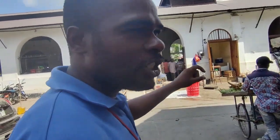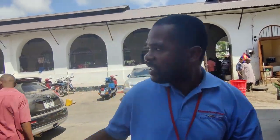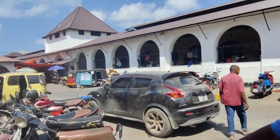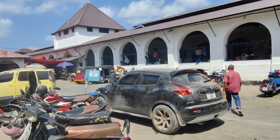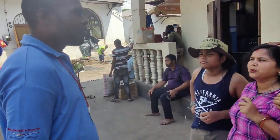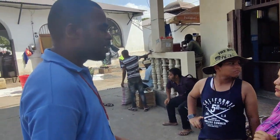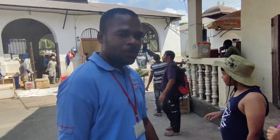The market is divided into 3 attractions. This side you can see only fish, and the other side beef. Behind we have the fruit and the spices. So this is a daily market from morning up to night. People are coming to do activities and services. So we call it